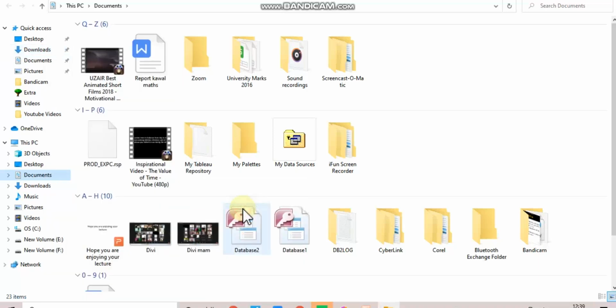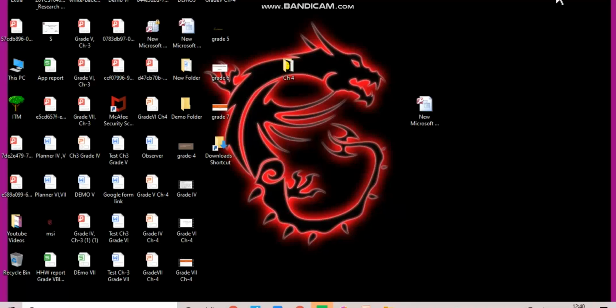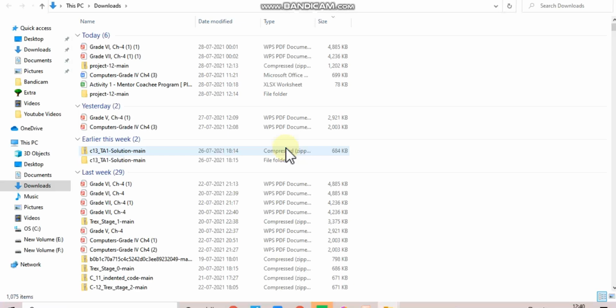Once I click on this, I have to go back to my desktop and check whether I got a shortcut. Yes, can you see it's there? So how do you know that it is a shortcut? Because there is an arrow over it. Okay, so this arrow represents that this is a shortcut. Now whenever I have to open my downloads, I can open it directly from here.